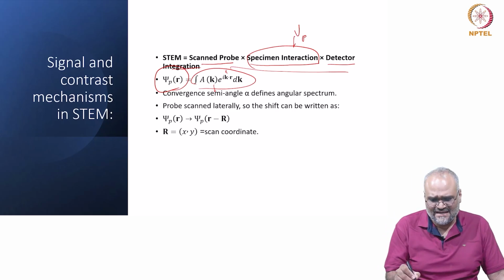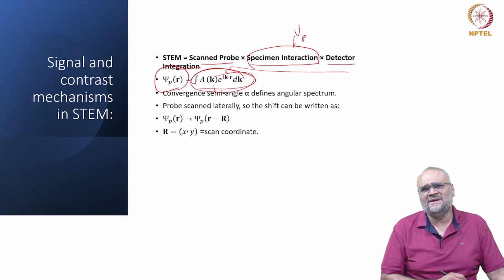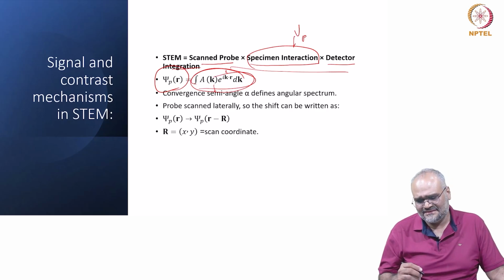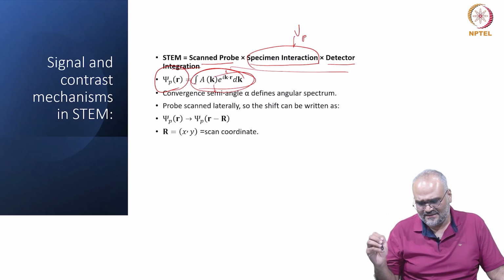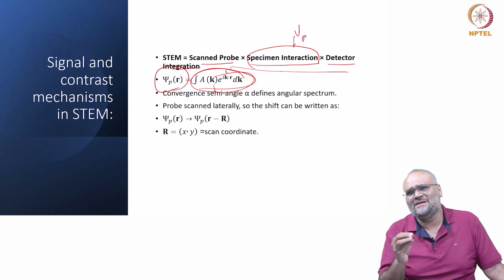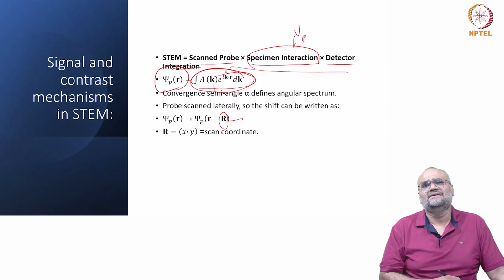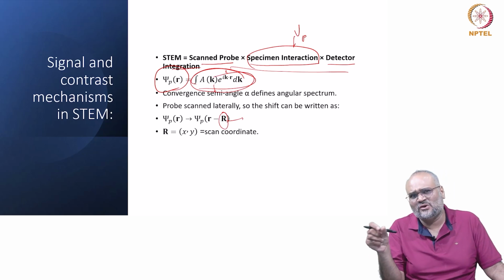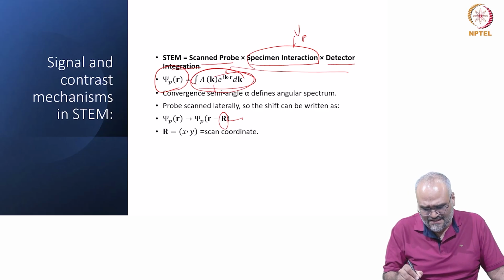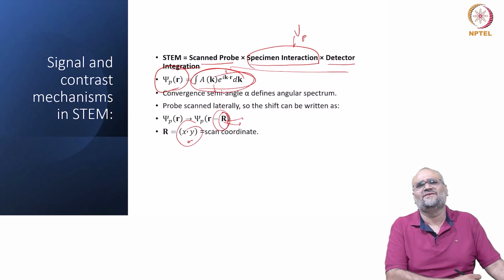When I integrate this, I get an image which is an integral of this kind of angular spectrum. And because I am scanning the probe laterally, if capital R is the shift in reciprocal space, in terms of this vector, which is the scan coordinate, the position of the electron beam,